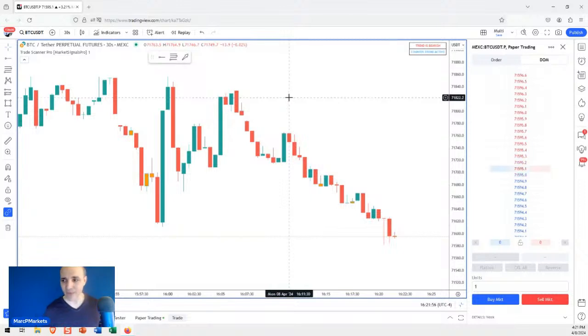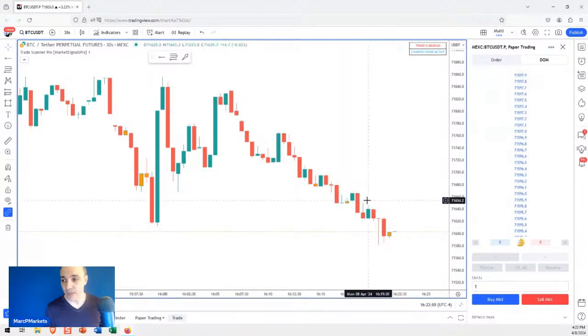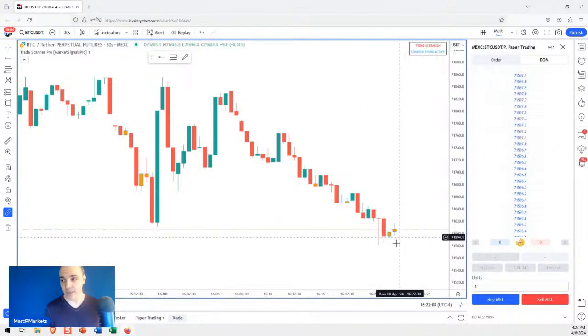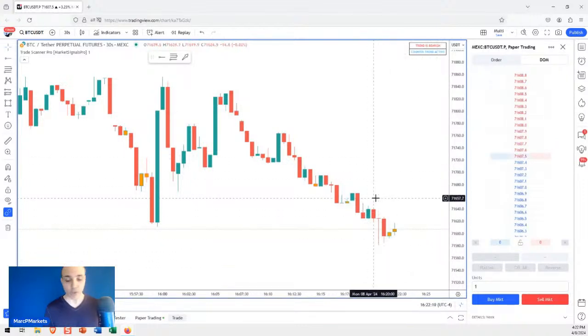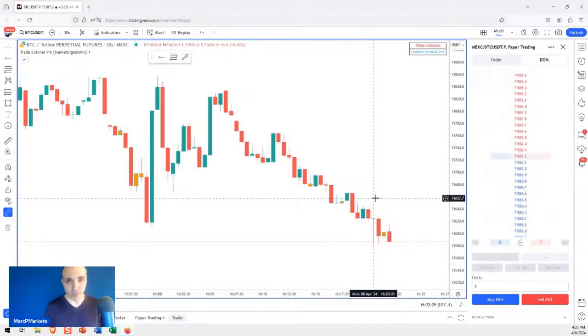Without leverage, you can make a profit. Well, it's going to be the same. Really, I mean, it's going to be the same as far as if you're not using leverage, for example, and we're buying one Bitcoin, right? And this thing goes up 100 points, and I have one Bitcoin. I'm not using leverage. Then I'm up $100, right? But I mean, you're going to throw around $70,000 to make $100. Like, it doesn't make sense either. You could do it maybe on a smaller coin, something like Ethereum, but some leverage is appropriate.